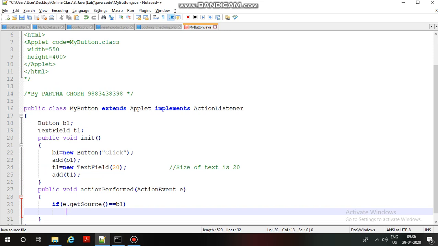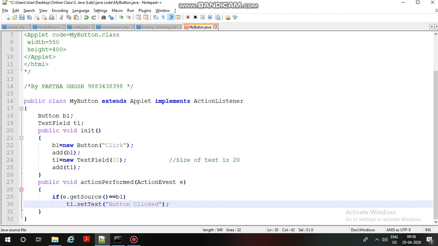So write down t1.setText, say button clicked. The performed task is, if my source is b1, then I shall put some text into my text field.